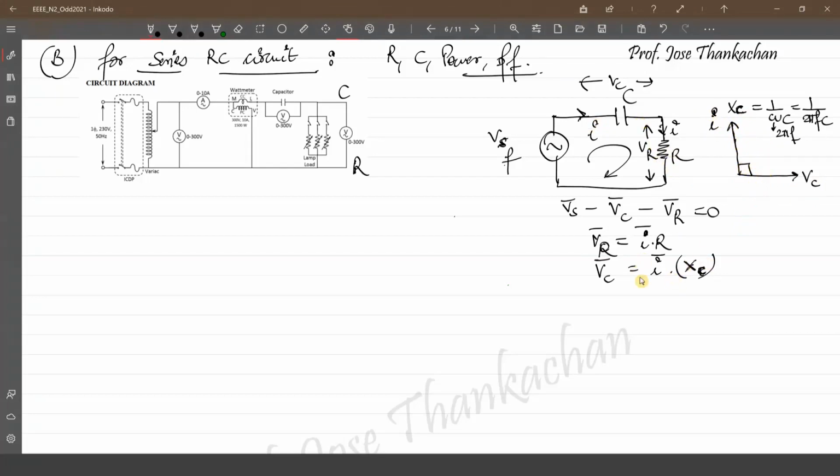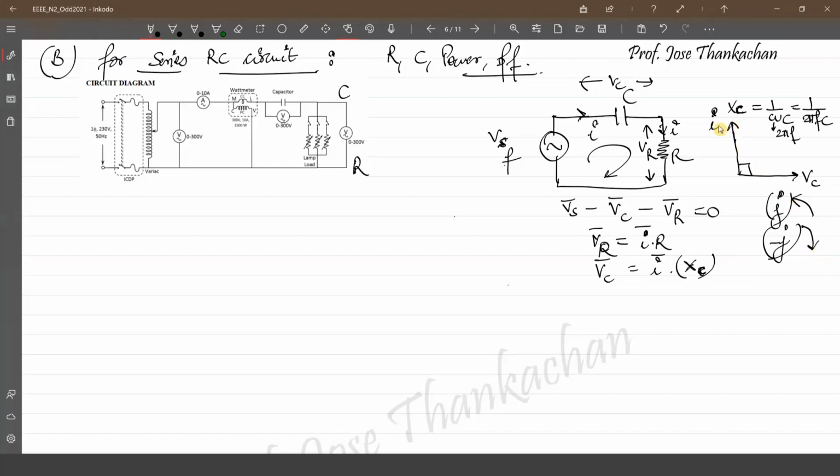How to represent that in this expression? How to write this in this particular expression? By again using the J operator. If I multiply any quantity by J, we know that there is a rotation of 90 degrees in the counterclockwise direction, right? But if I multiply it by minus J, what happens? It rotates the same phasor by 90 degrees in the clockwise direction.